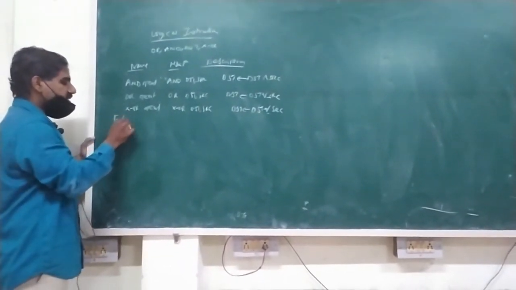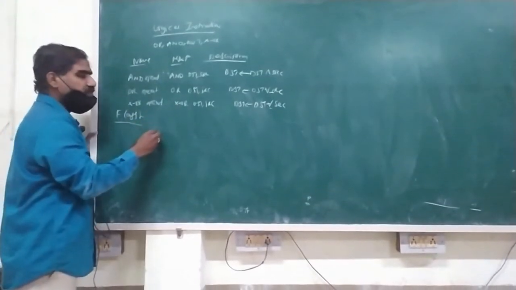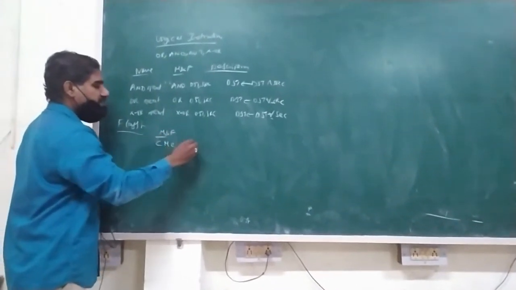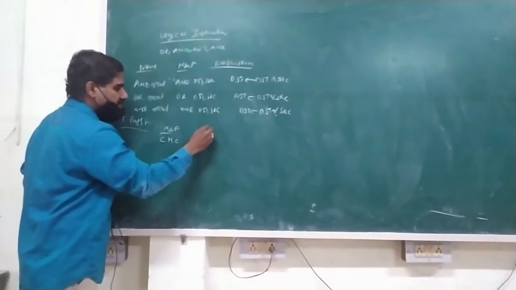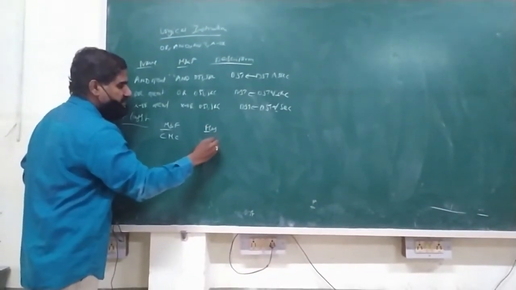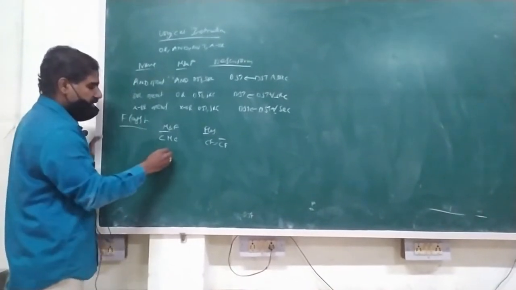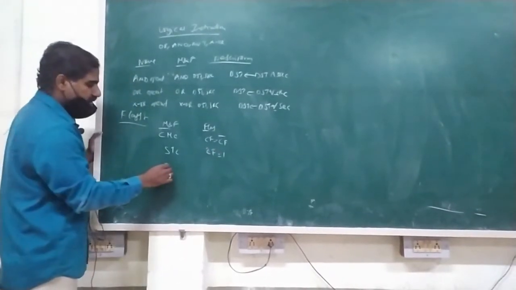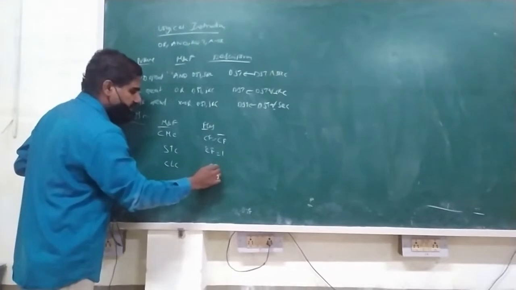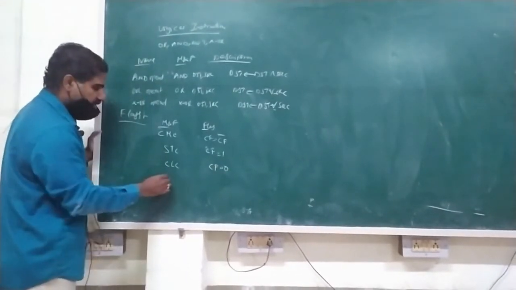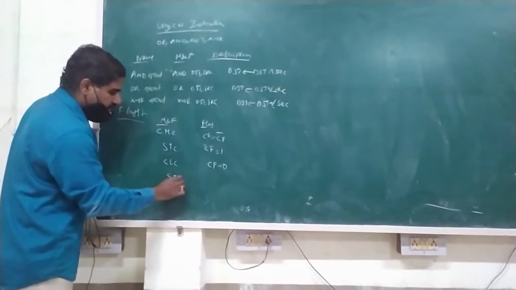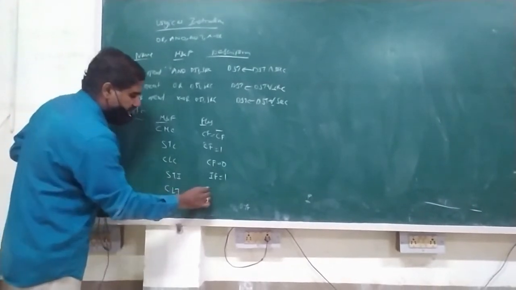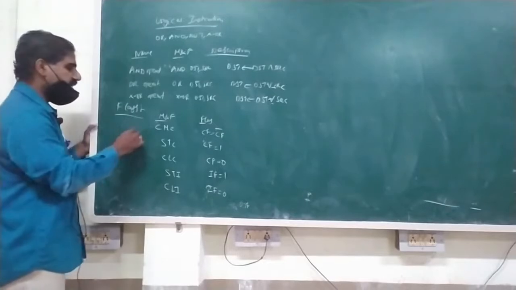Another one is flags. In 8086 we mainly have flag instructions. CMC, with mnemonic and format, is used to affect the flags, it complements the carry flag. The carry flag will be complemented. Next one, STC, is used to set the carry flag to 1. Next one, CLC, is used to clear the carry flag. STI is used to set the interrupt. CLI is used to clear the interrupt flag. These are the flags.